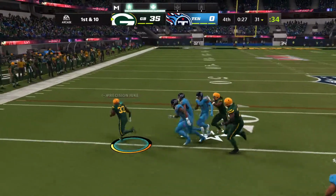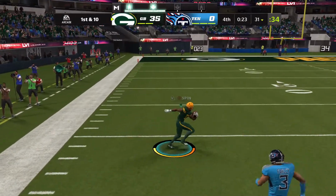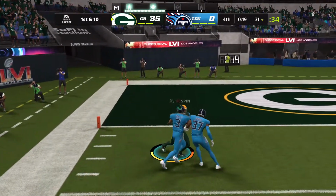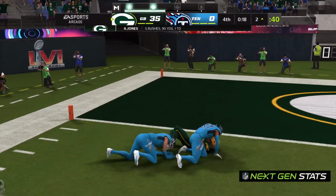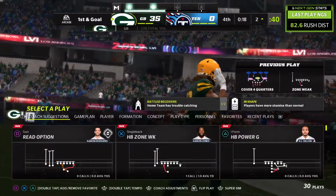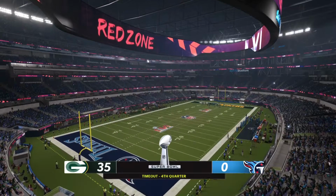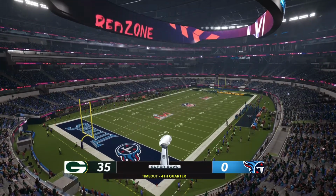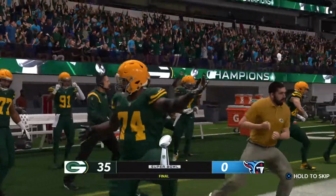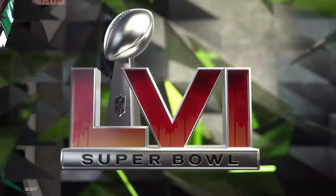They'll start the drive with a carry by Jones. And some room to roam now. And he's free going down the left side. It's a foot race. And oh, so close as he takes it all the way to the 2-yard line. 90 yards on the ground for him now as he has gotten better, really, as the night's going on. Now the Packers going to go ahead and use the second of their timeouts. And the Lombardi Trophy is going back home. The Green Bay Packers are your